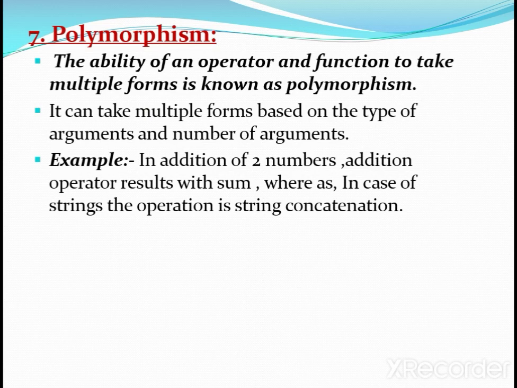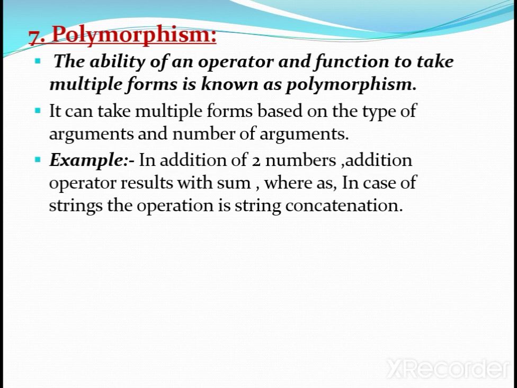It can take multiple forms based on the type of arguments and number of arguments.